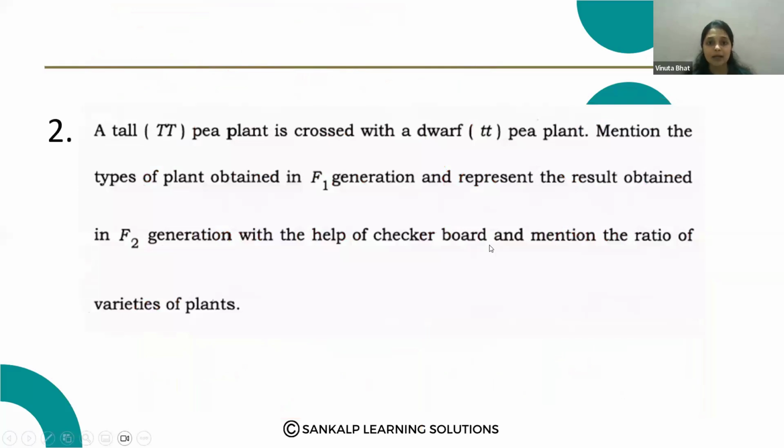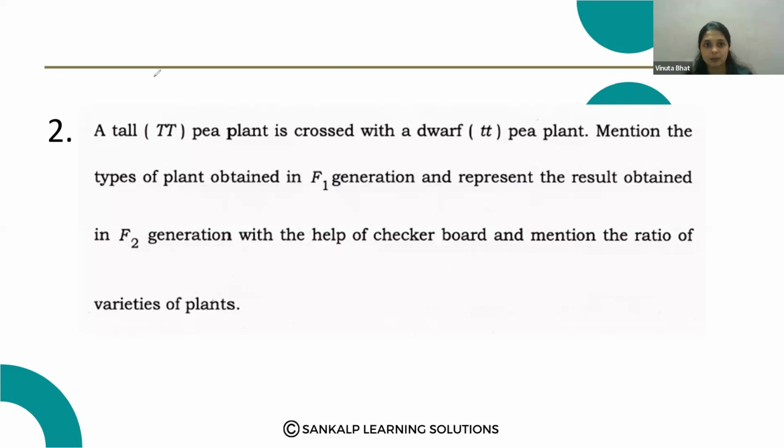A tall pea plant is crossed with a dwarf pea plant. Mention the types of the plants obtained in the F1 generation and represent the result obtained in the F2 generation with the help of a checkerboard. Mention the ratio of varieties of plants. Okay. Now,